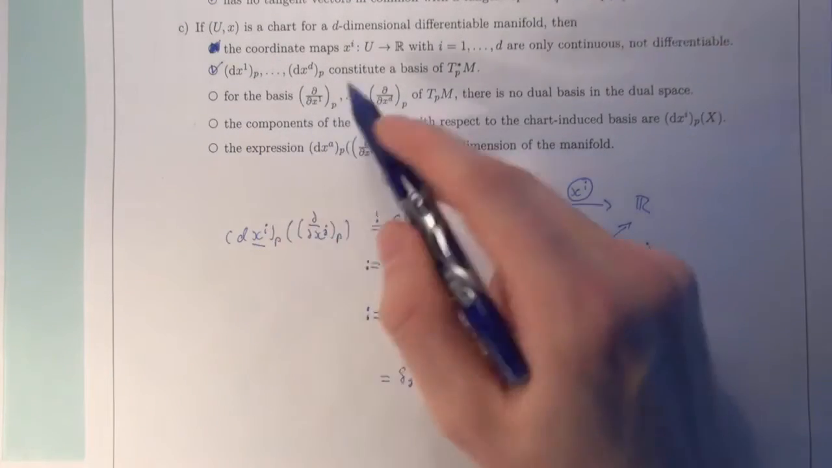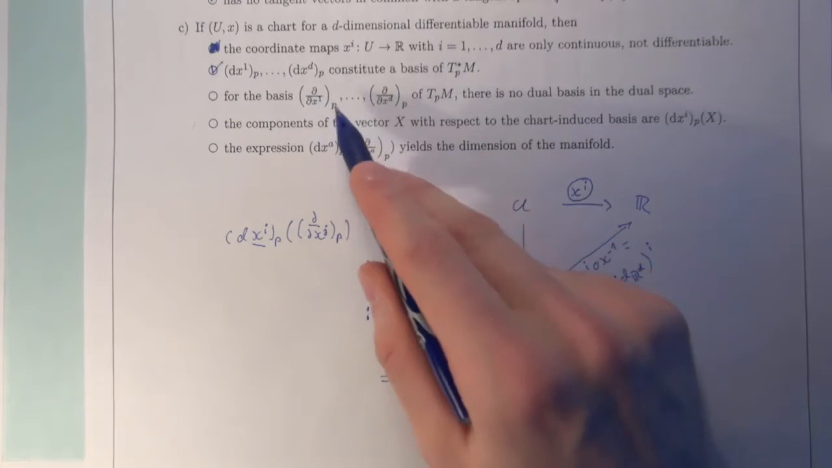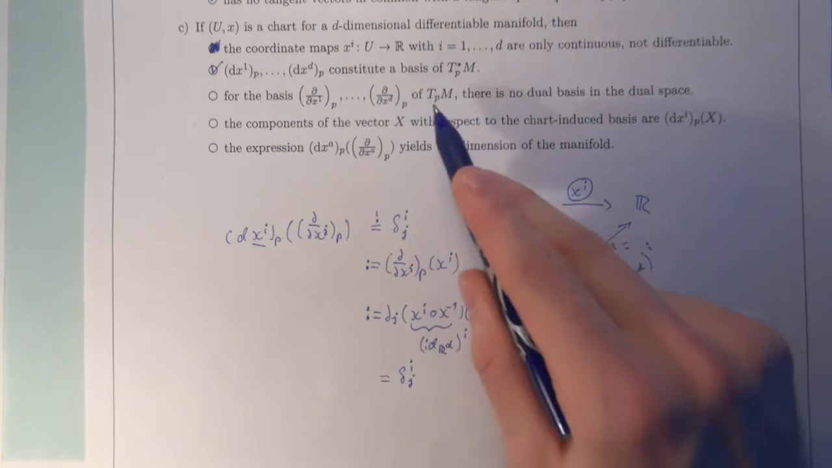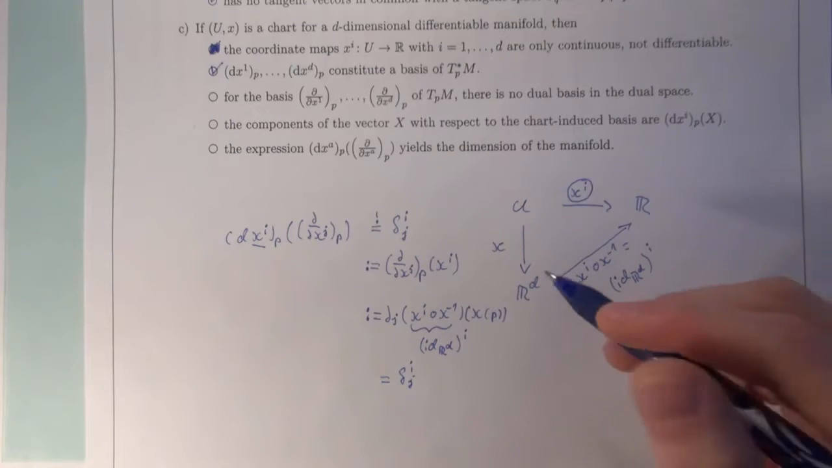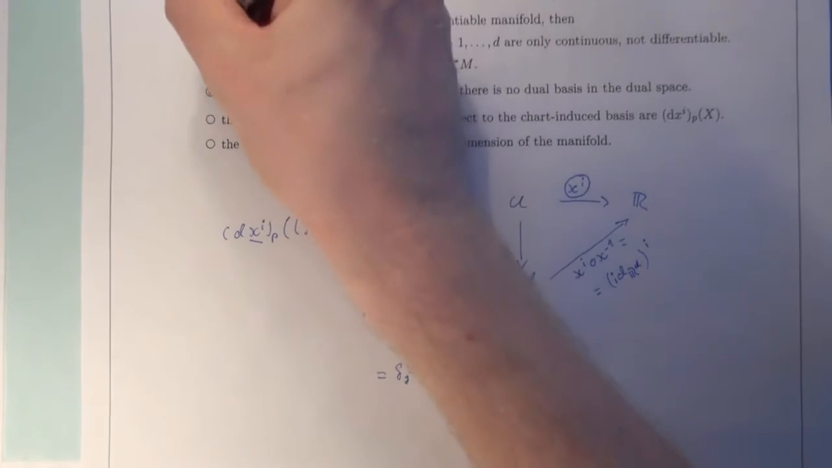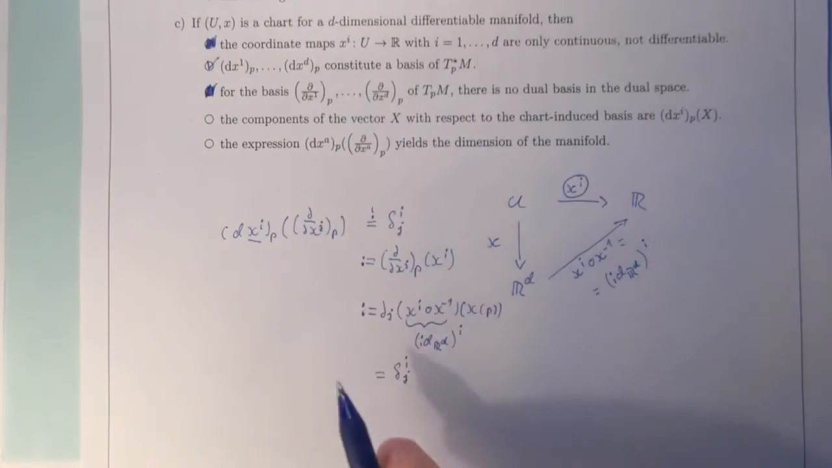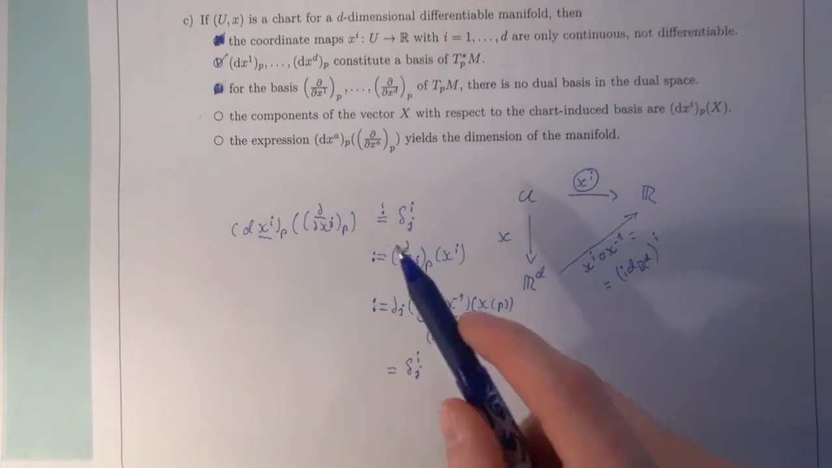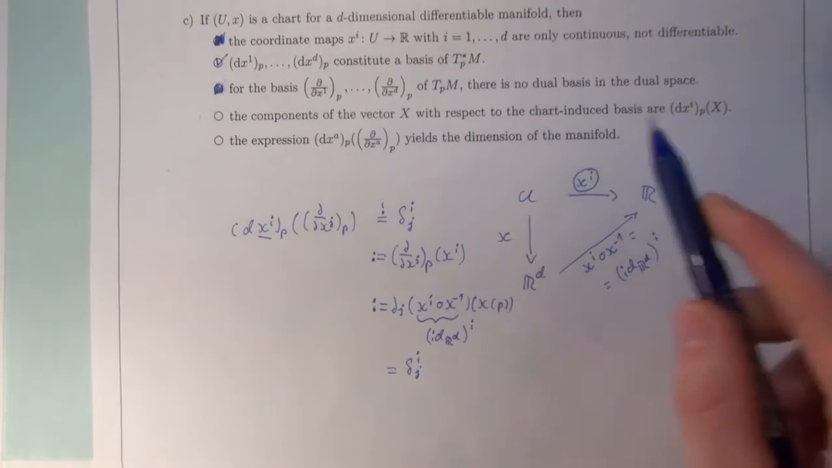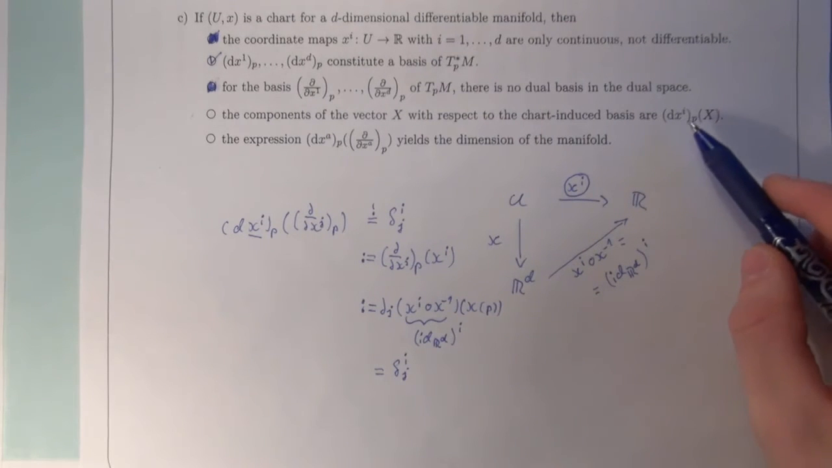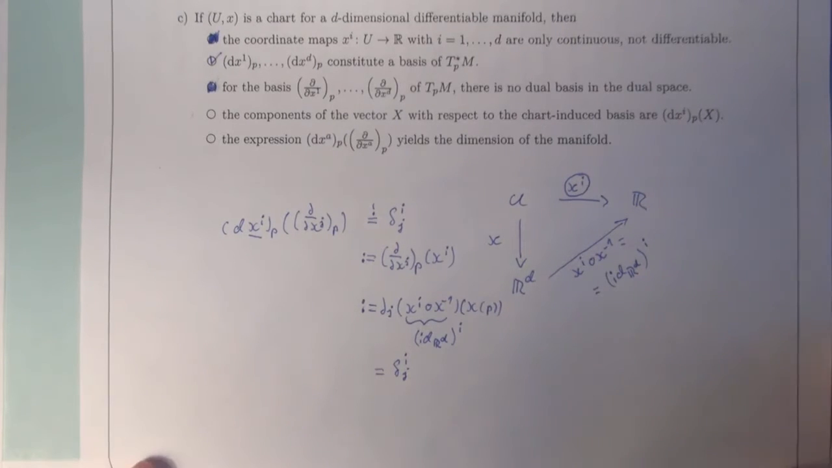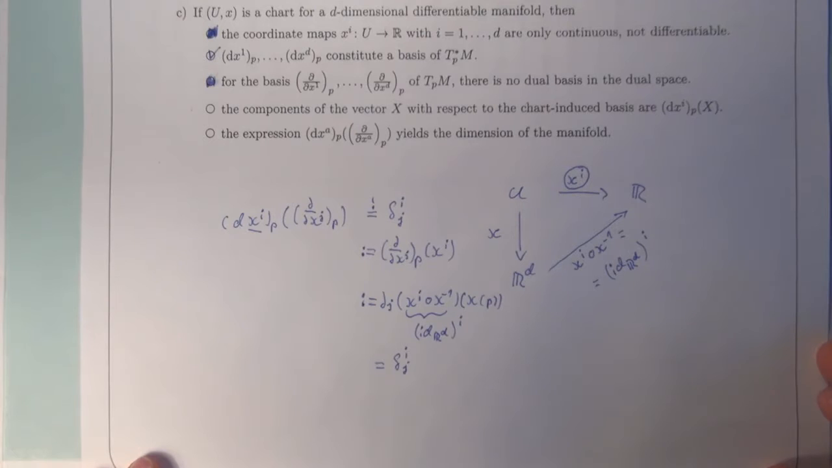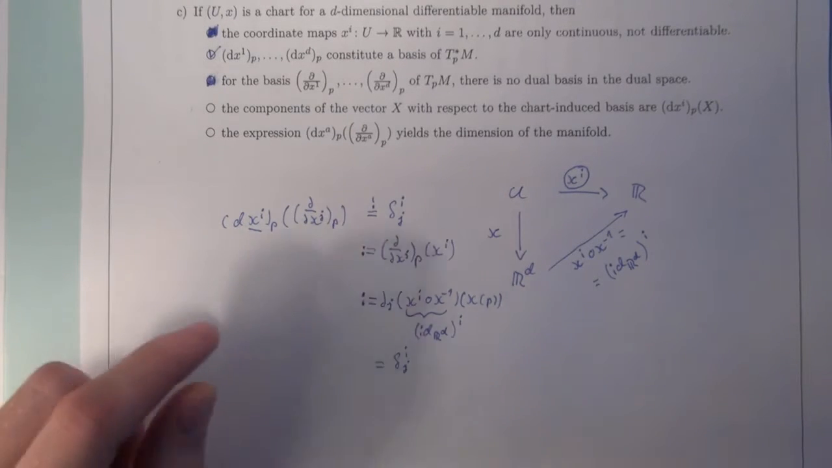For the basis del x1p to del xdp of Tpm, there's no dual basis in the dual space. This we just checked, so we can tick it. It is wrong, because we gave a dual basis, right? I'm sorry. The components of the vector x with respect to the chart-induced basis are dxi sub p x. Well, of course, this is true, because